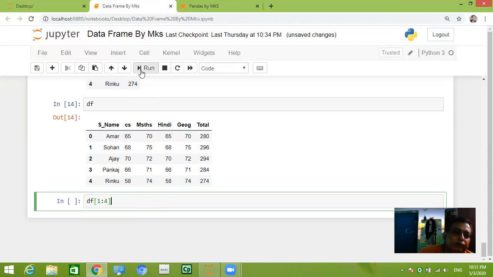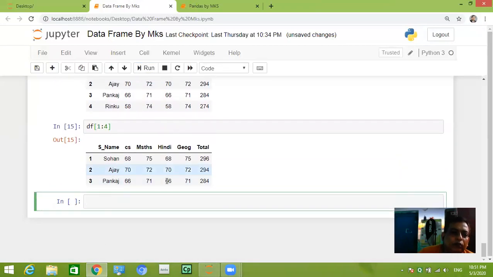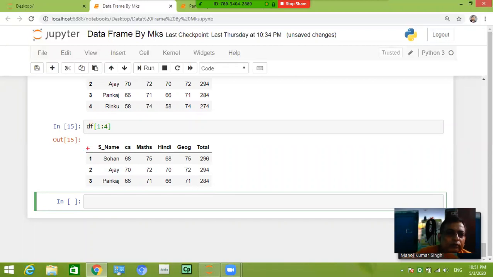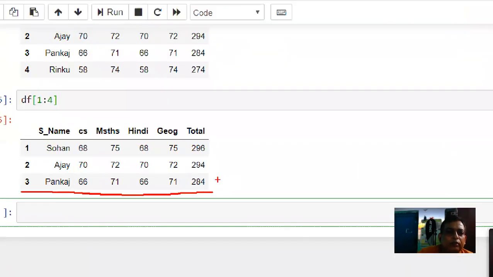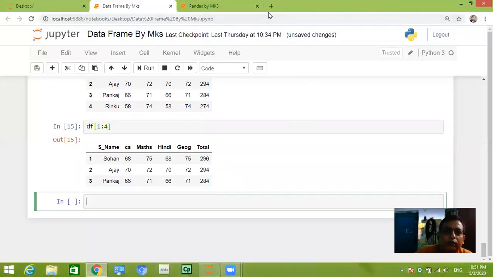So it will give rows 1 to 3. The output will be this one. 1:4 means 1 to n minus 1, you already know. So it will give up to 3 only. Like this you can also display different rows and different columns from the data frame.